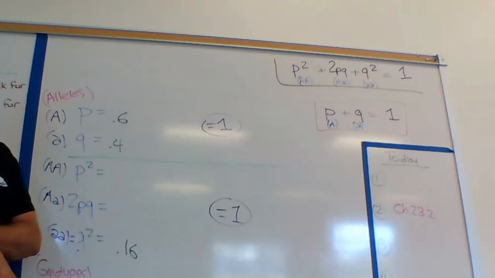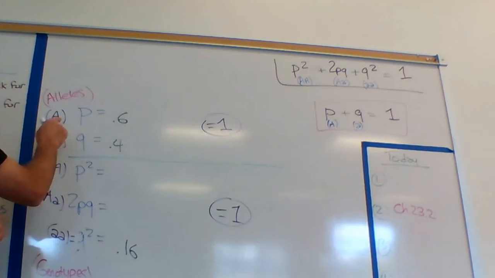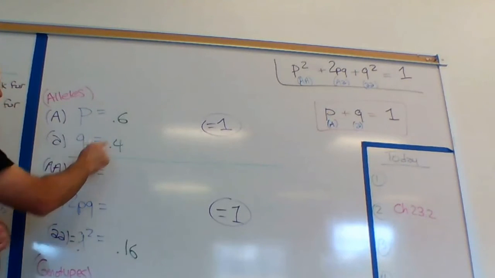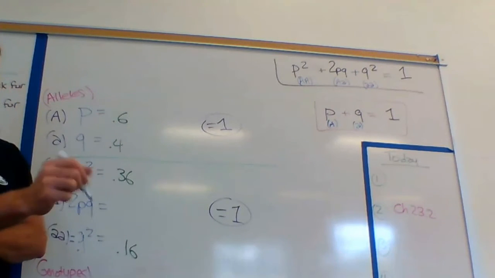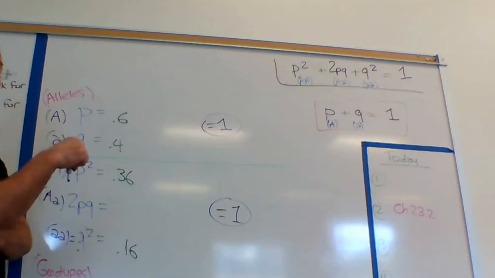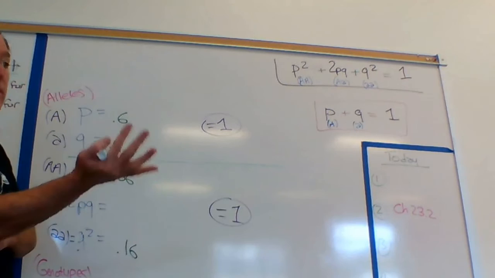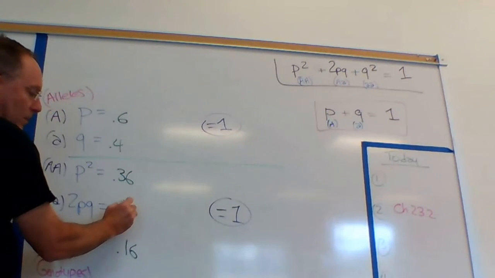What do you think we're going to do here with these numbers that are up above? Well, if we square A, that gives us big A, big A. If we square P, that gives us P squared. And if we square this, that gives us 36%. So 36% of the individuals in that fictitious population are homozygous dominant for the genes that create whatever trait we're looking at. And so because this has to equal 1, what must this equal?